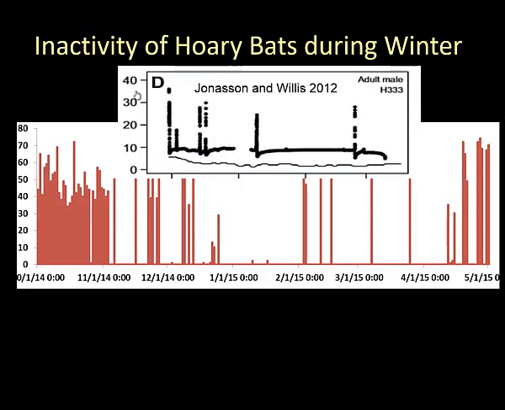So for comparison, I've put up some data here. This is from a little brown bat that's hibernating in a cave in Manitoba. When bats are hibernating, they do occasionally arouse for a number of reasons, perhaps drinking, perhaps to clear metabolic waste, etc. But the point here is that the pattern seen in this hibernating bat isn't very much different from what we saw in this migrating bat. So kind of blurring the lines there between migratory and hibernating bats.